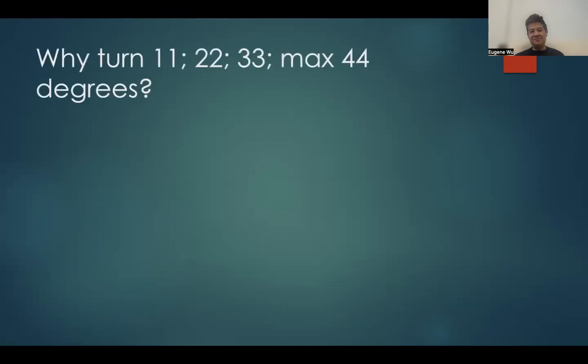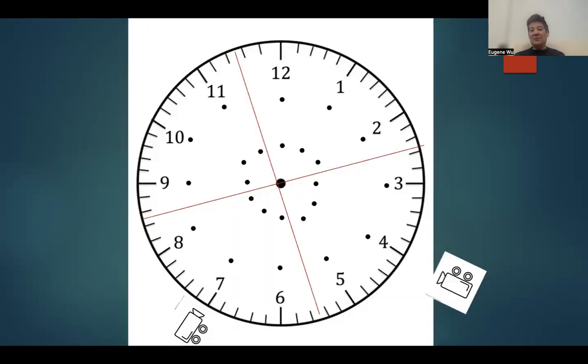We shouldn't do that. So why do we turn 11, 22, 33, 44 degrees maximum? How do we get that? Well, this comes from the clock face model that I made to try to reverse engineer 3D fluoroscopic wiring. So imagine that the coronary artery is a clock face with 12 hours around the clock. Okay, and for this case, let's say that the distal target true lumen is right in the middle of the